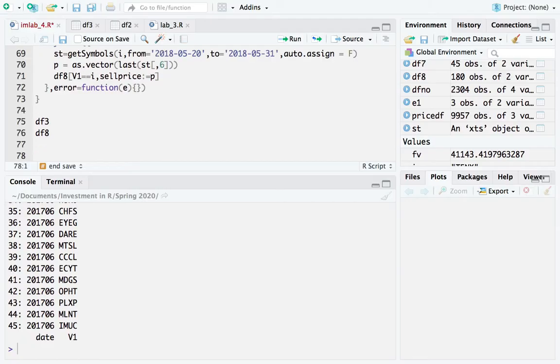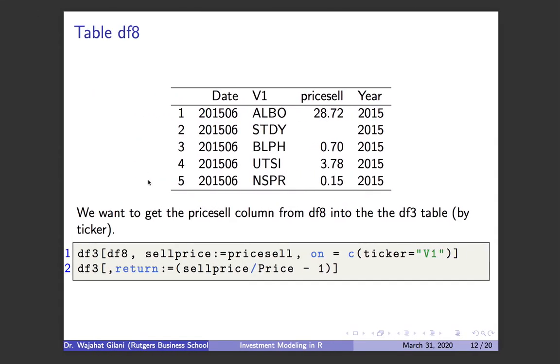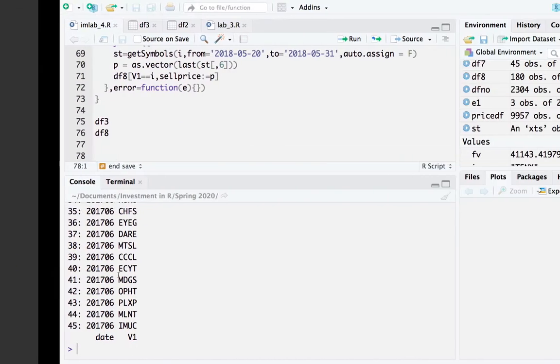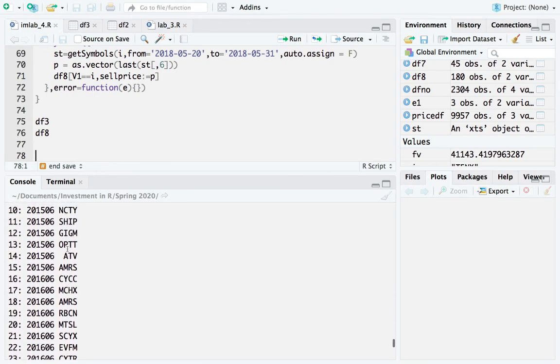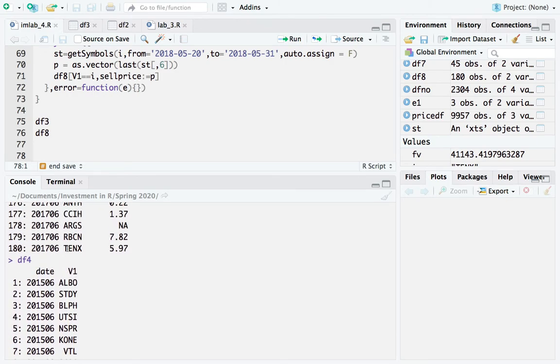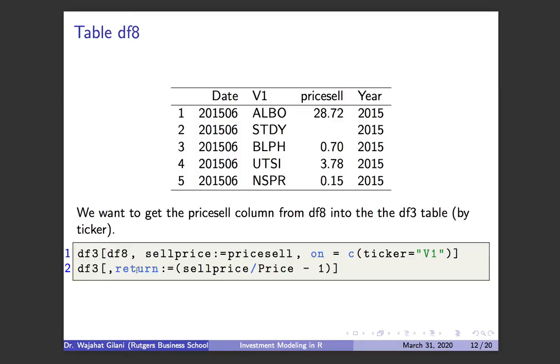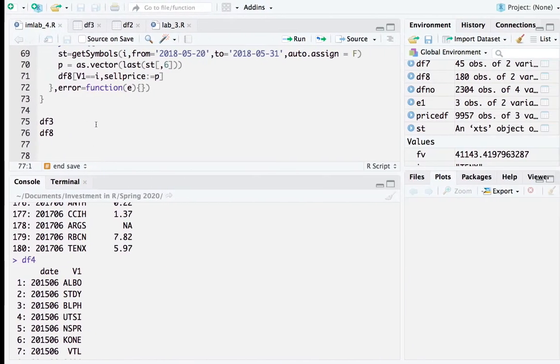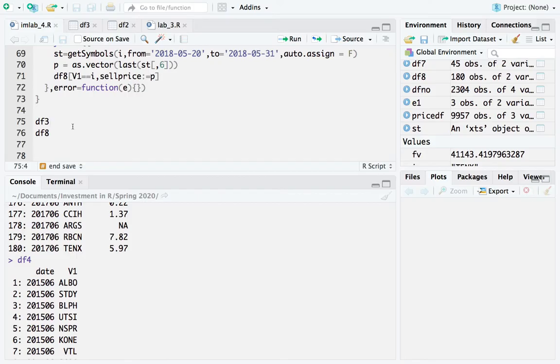And I'll talk you guys through how I diverge from my slides, and you guys will have this code. So instead of here, I combine DF3 and take the returns and all that jazz. I'm going to go ahead and use my DF4 table. Oh, I can't use my DF4 table. Damn, I wanted to use my DF4 table. Scratch that. I'm going to go ahead and just use my DF3 table. So sad. Let's go to the DF3 table. Okay, that's why I did it, because it has my original earnings yield. Because here I don't have, I would have to go back and get my prices, and